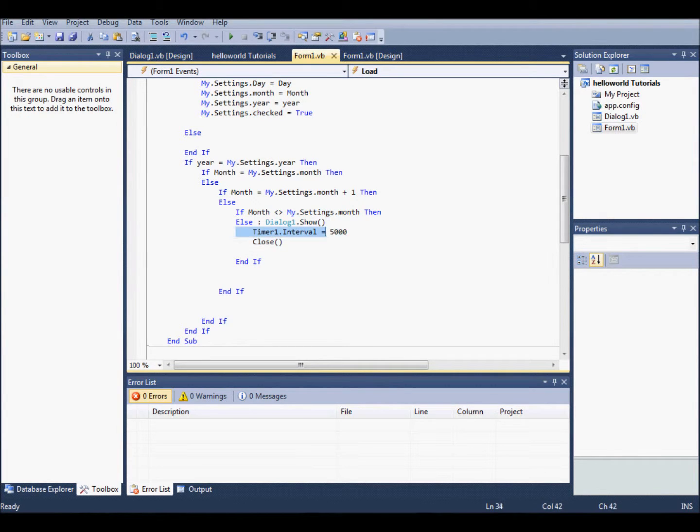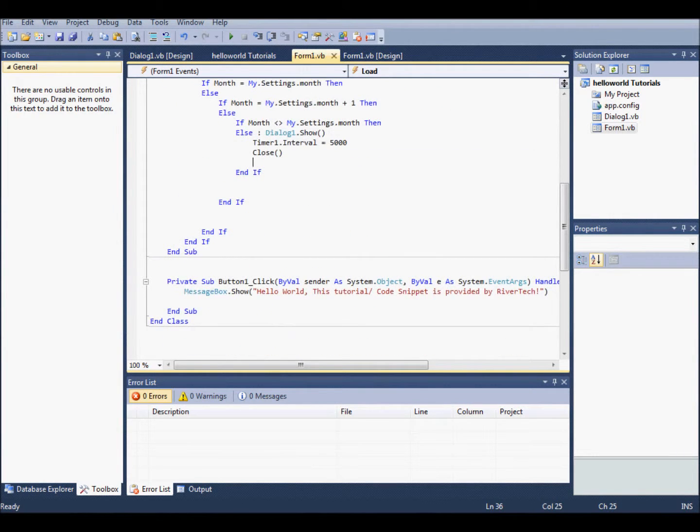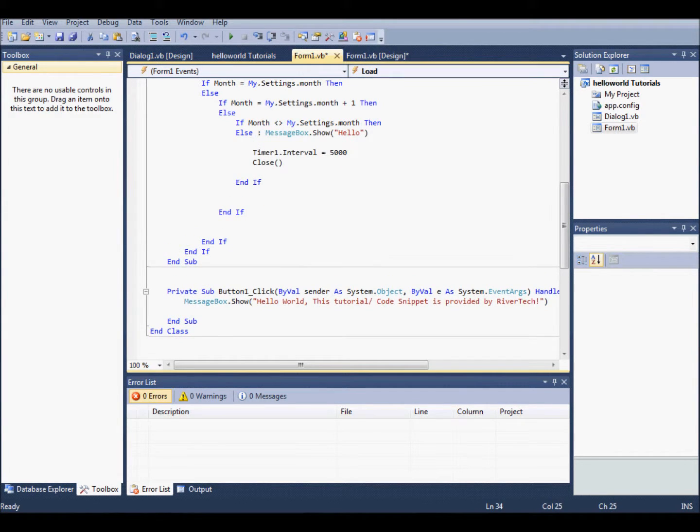Now, right here, you can put whatever you would like to input. You don't have to have a dialog 1. You could, in fact, make it a message. You can make it so that a message box opens and says whatever you would like. Now, this is going to be in another code snippet so that you don't have to make your dialog 1. But you will still need the timer 1